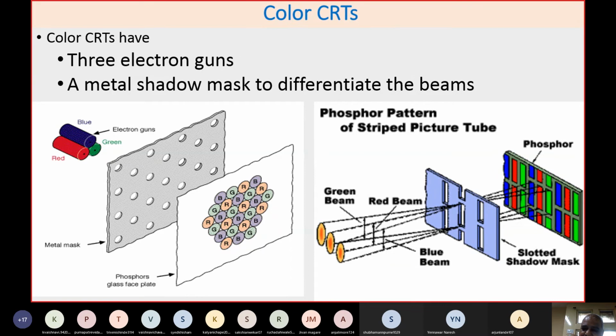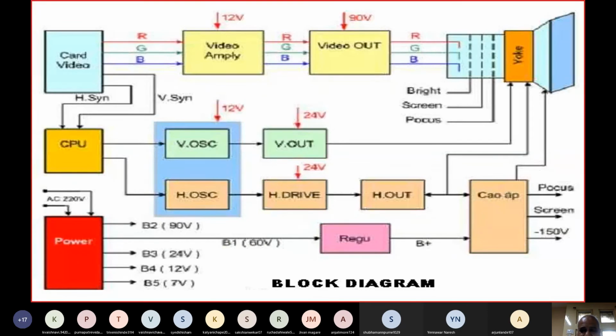If only R is full and G and B are absent, then only the R dot will glow and you will find the entire screen red. But if there is a certain combination of RGB based on their intensity, then these three colors mix, and based on their combined effect, the respective color will be shown on your screen. So this is what we call the operation of a color CRT.